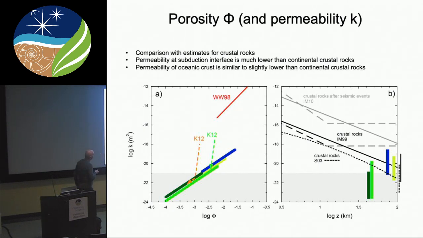Here I show again these data by Ingebrigtsen and Manning and Shmonoff and co-workers. You see that our data for oceanic crust and deformed serpentinite lie on this continuous extrapolation of their data, but it's slightly below what we would expect with slightly different assumptions on the mechanical behavior. What is also interesting is that chlorite schist here is totally impermeable, which we think is due to